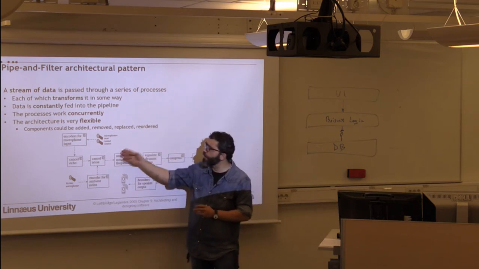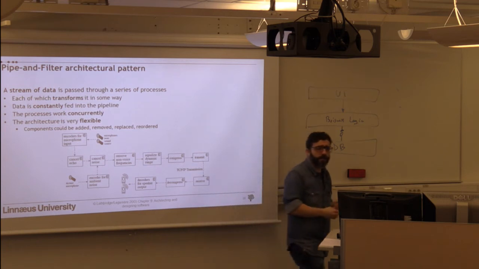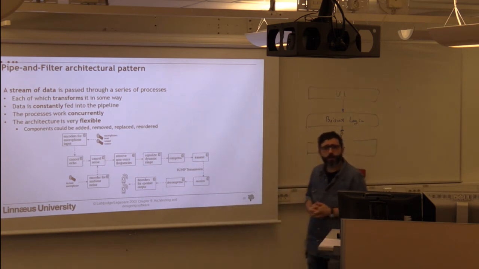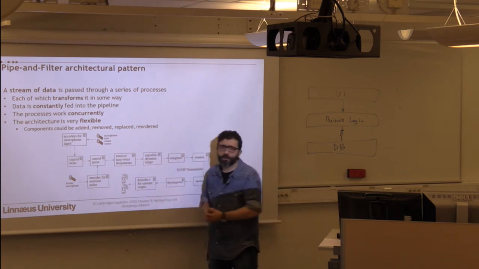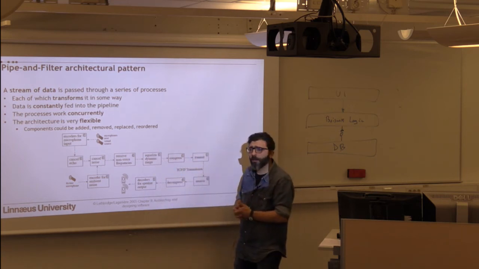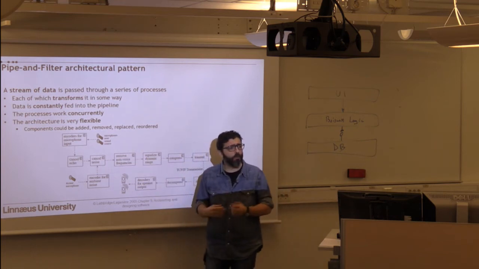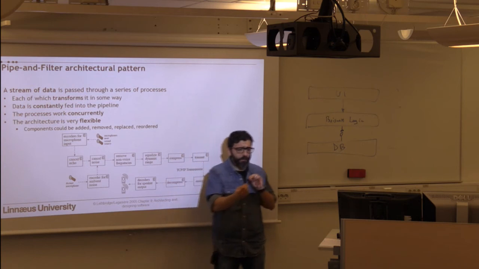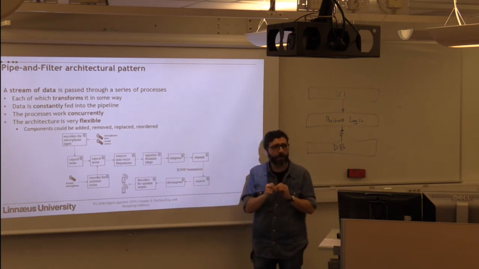You can replace one of these components with another component that provides the same transformation or a different transformation, or reorder these different components. That's very convenient because you don't have to stick with the API. You just provide the data. Okay, the data can be, I mean,